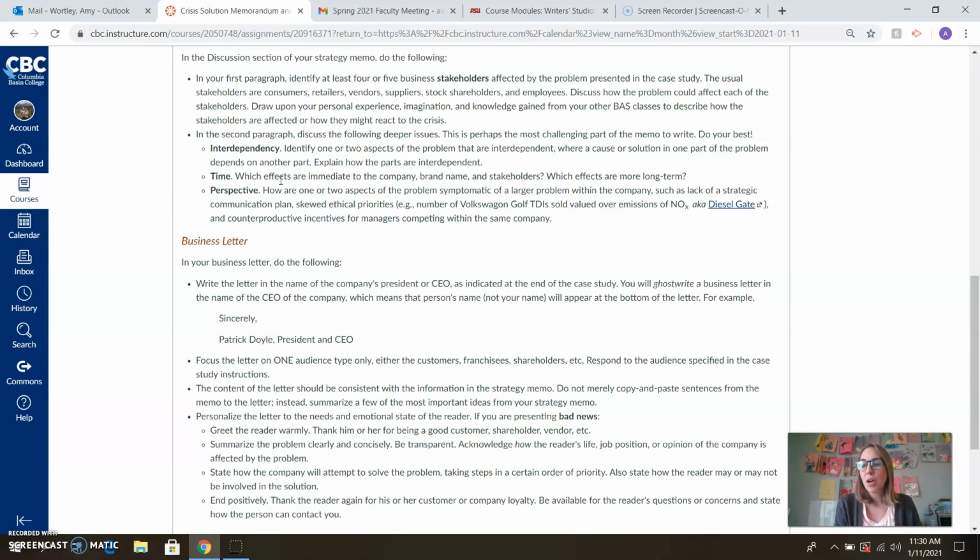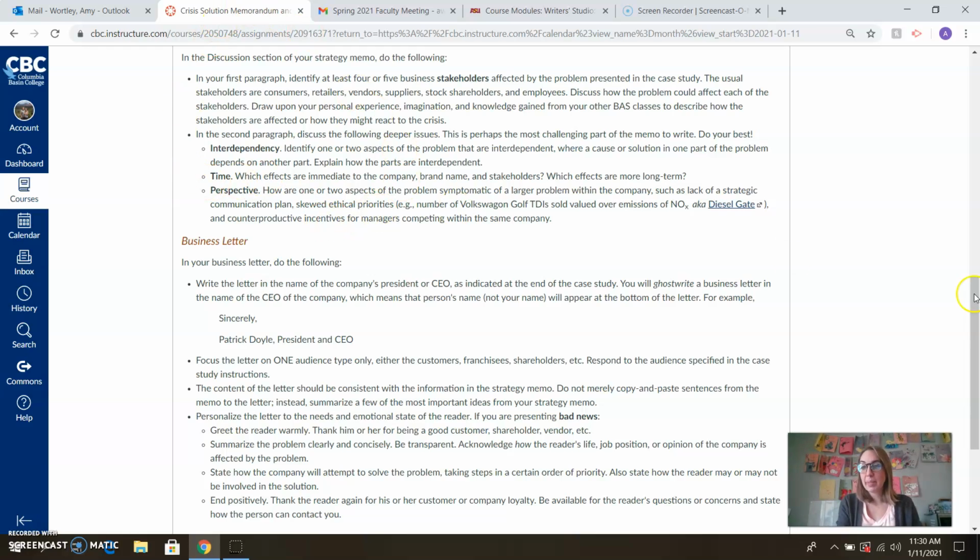As we talked about in our discussion boards, we want to end on an upbeat note. So think closing arguments of legal counsel here, when they're standing in front of a jury and they're saying, here are all the best points of my case. Here's what I need you to do about it. Similar kind of form here as we close out our memo. Here are all my best points. Here's a positive we can take away. We're on it. We're solving this. It's not going to happen again. We're invested in our stakeholders, that kind of thing. So try and end on a more positive note.